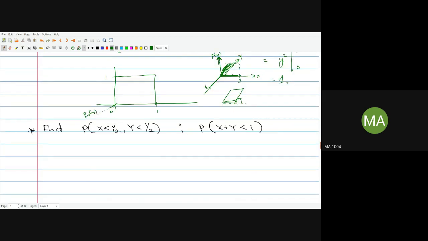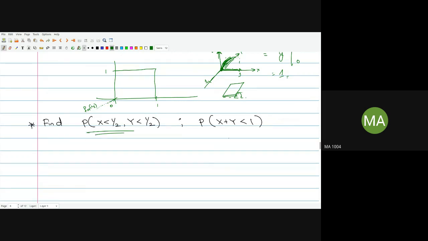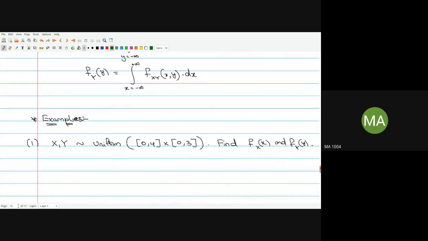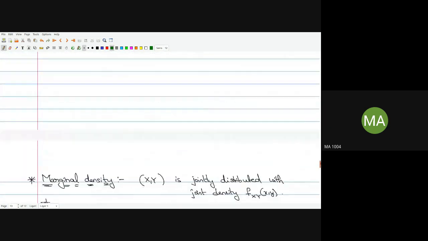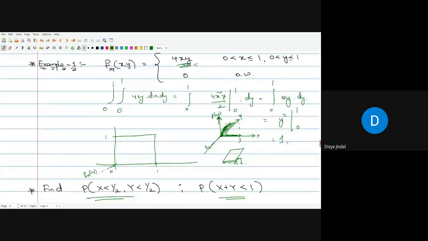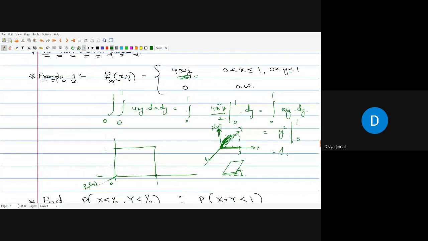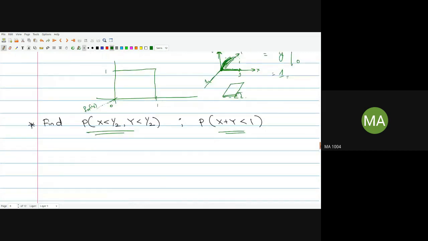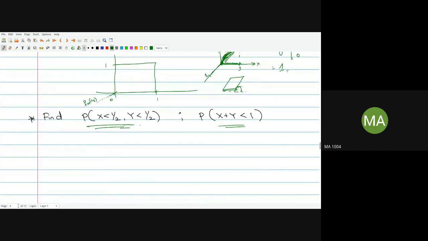And if I wanted to compute these things, I will end with this today, and we will do other things. This is just an example of a non-uniform distribution, and now we will find these things. So what if we ask you to find the probability that x is less than half, and y is less than half, with x from 0 to half and y from 0 to half?